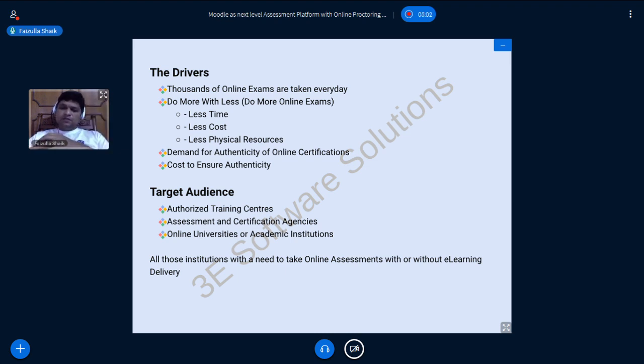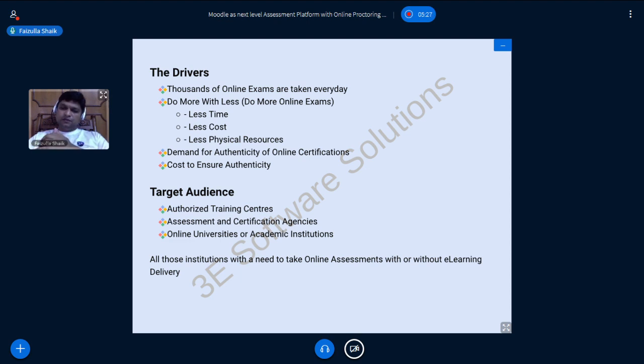For that matter, any institution that needs to take online assessments with or without e-learning delivery. Sometimes they only deliver the e-learning content in the form of different courses. Sometimes they are not at all related to delivery of the content, but just do the job of assessing the proficiency of the test taker on various subjects.